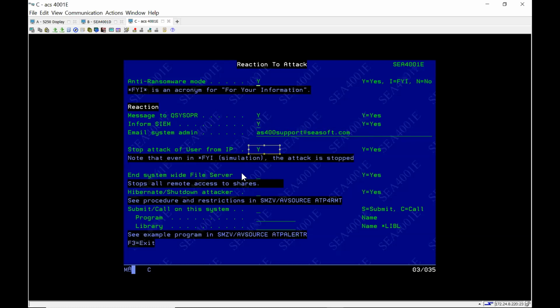Some people have gone on and said, I've been down this road before. I'm not going to just disconnect that one device. Until I straighten this out and verify whether it's a real attack or not, I'm going to end the file server to everybody. I haven't seen anybody but one or two people take that extreme approach, but it is available